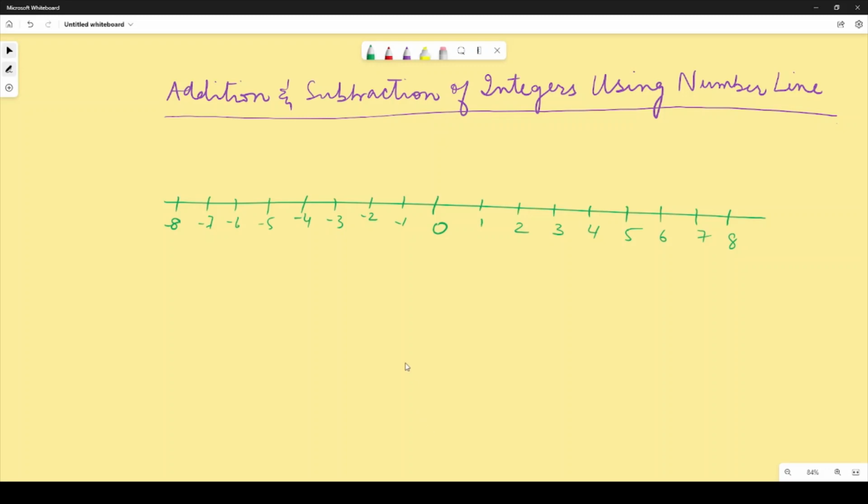Hello everyone, let us talk today about the concept of addition and subtraction of integers using a number line. I find a lot of students are confused about how to use a number line. So a number line is nothing but a line which is a representative of all the numbers that can be expressed